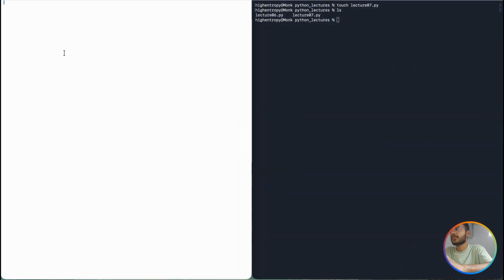So we are in lecture 7. Let's say I'll just write a comment. If you want to write a single line comment, just use a single line comment. I'll tell you how to write a multi-line comment, but for the time being, just use a single line comment. Okay, so here I'll write something meaningful: if conditions, conditional block in Python. And I forgot to tell you one thing.